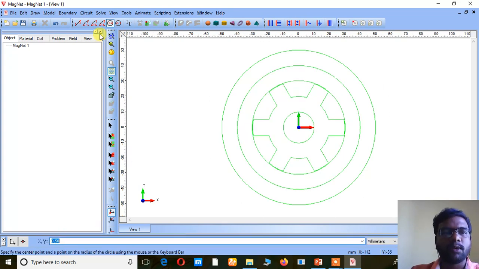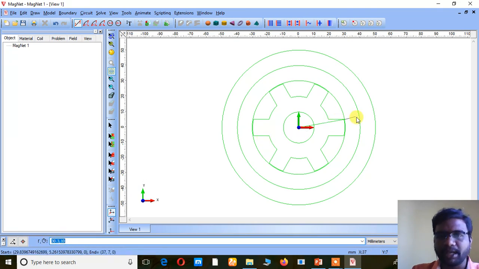So now I want to draw the poles for the stator. Here, the poles for the stator means again definitely I need an angle value with lines. So I am selecting the line, and I am changing x comma y to r comma theta. So it is 30.3, comma the theta value, take it as 10, right?